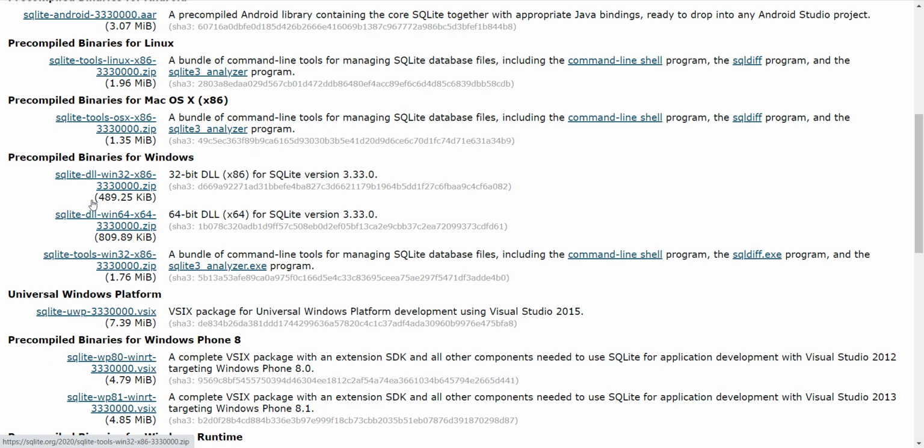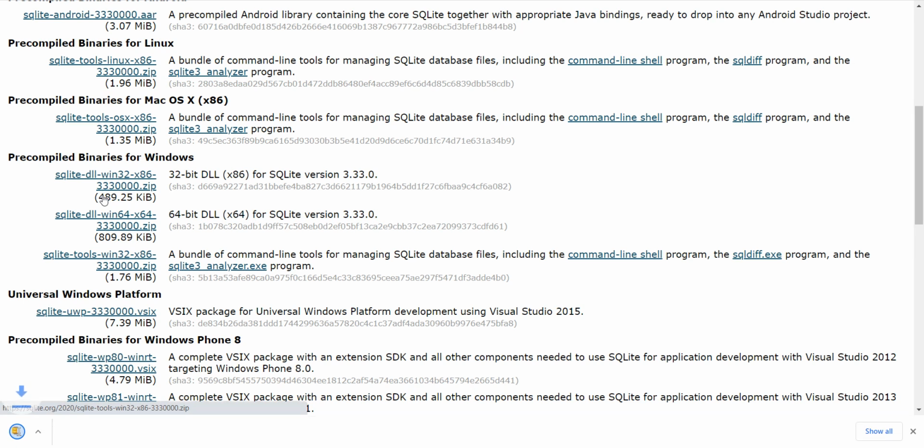So see, I'm selecting sqlite-tools-win32-x86, the zip file, and it says a bundle of command line tools for managing SQLite database files, including the command line shell program, etc. So let's start. Just click on this binary link, and you will see the binary is downloaded